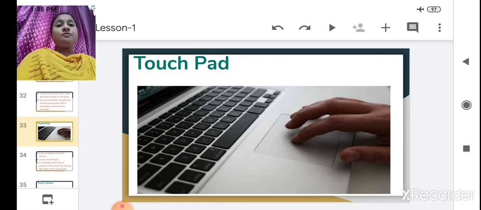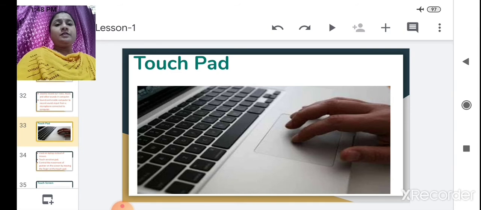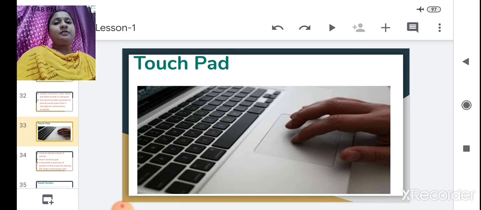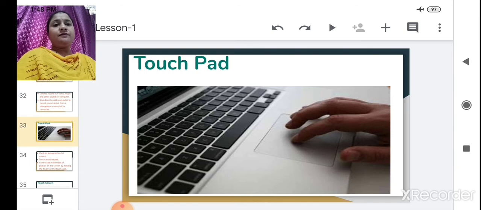If you want to open any file or folder, you click on that folder on the screen and just tap on the touchpad, and it will open. Got it? The use of the touchpad.